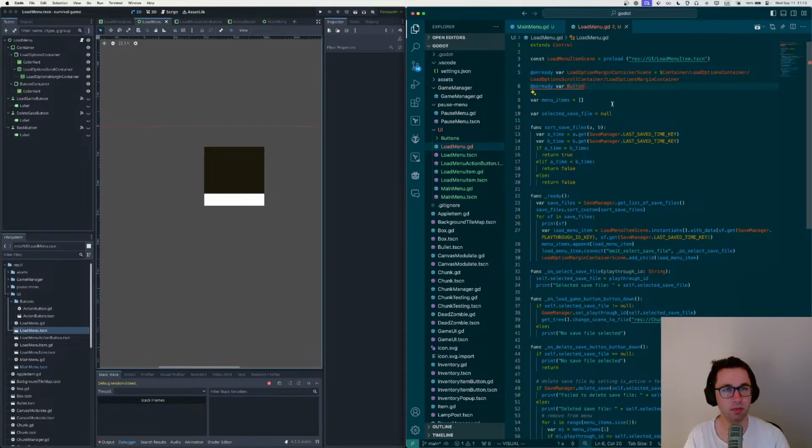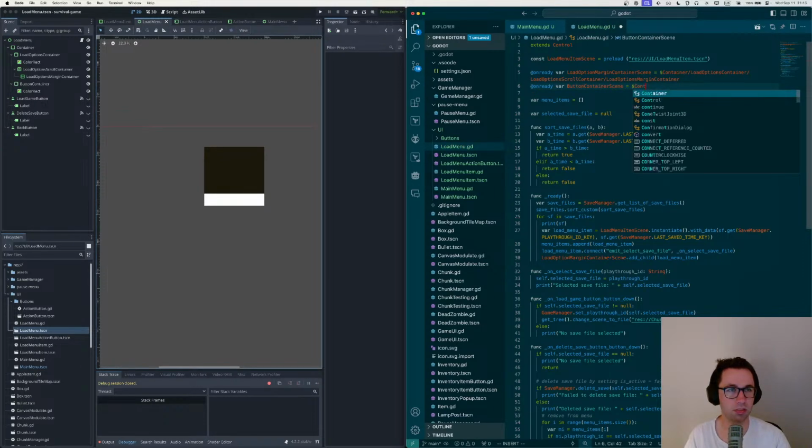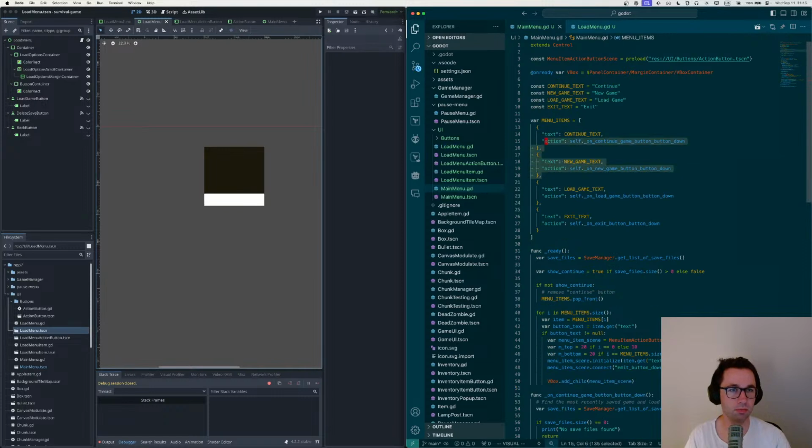So now we have button. Button container scene is container slash button container. Great. So now, similarly to main menu, we will have